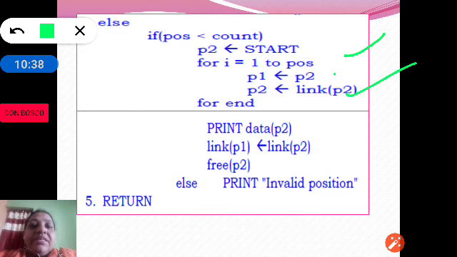So like this we will reach the specified position. P1 will be the previous node and P2 will be the node which has to be deleted. Now in the link of P1, the previous node, we are storing the link of P2, and then we are deleting, freeing P2. We are deleting the node at the specified position.